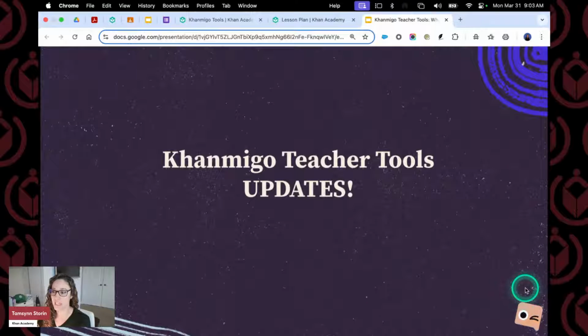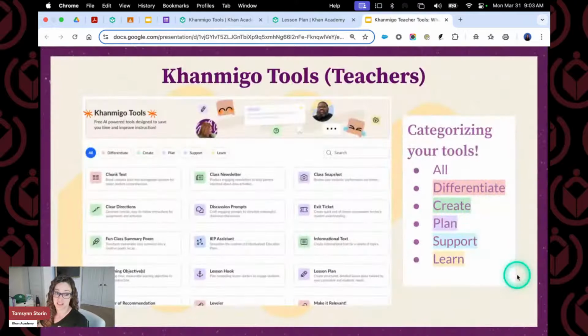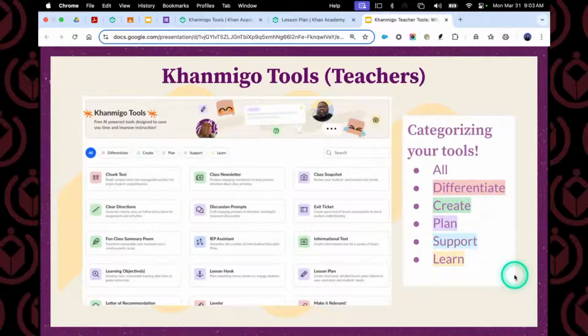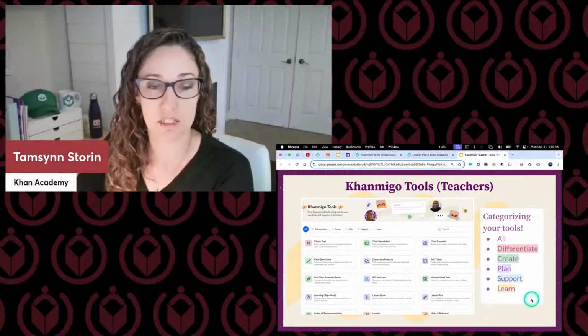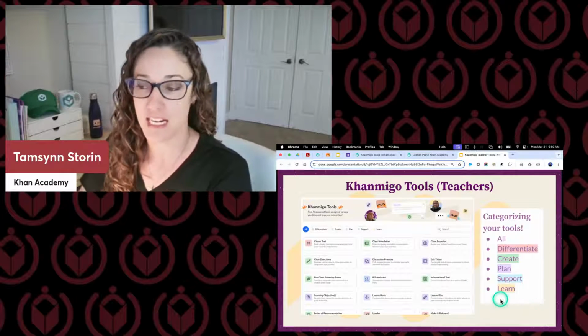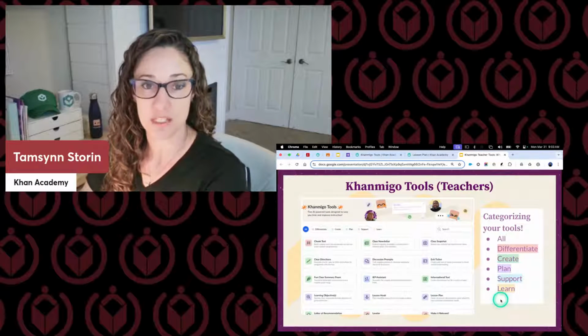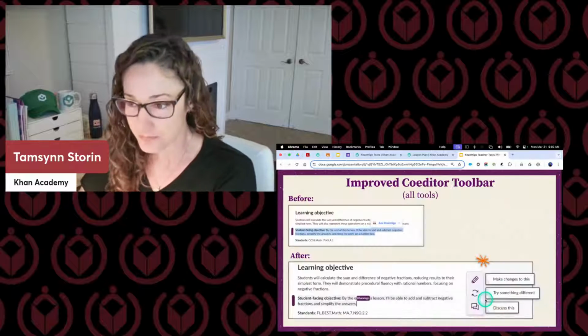And we are going to get into the teacher tools and all of the updates. There have been a lot since the last time I've done an elementary PDD day. So here, what I'm going to do is show you a few from each category, and then I'm going to give you some time to go ahead and play with those tools. If you do have an extra screen or your account's open, you're able to go in and play around with these tools, and we're going to give you time to do that throughout this session.